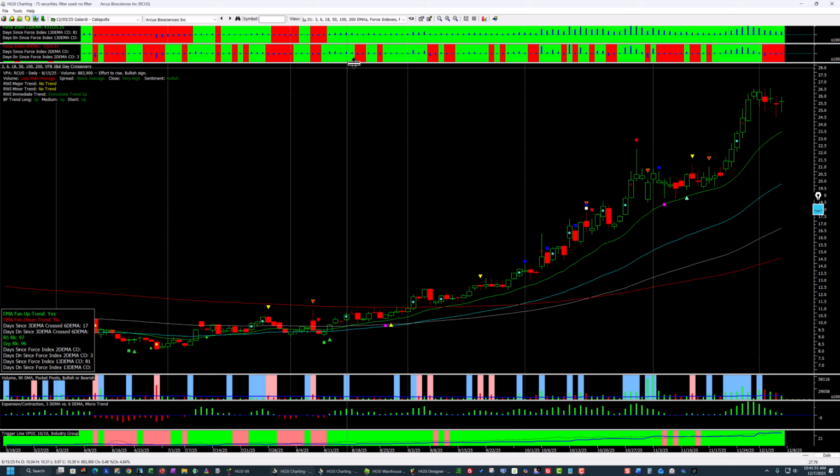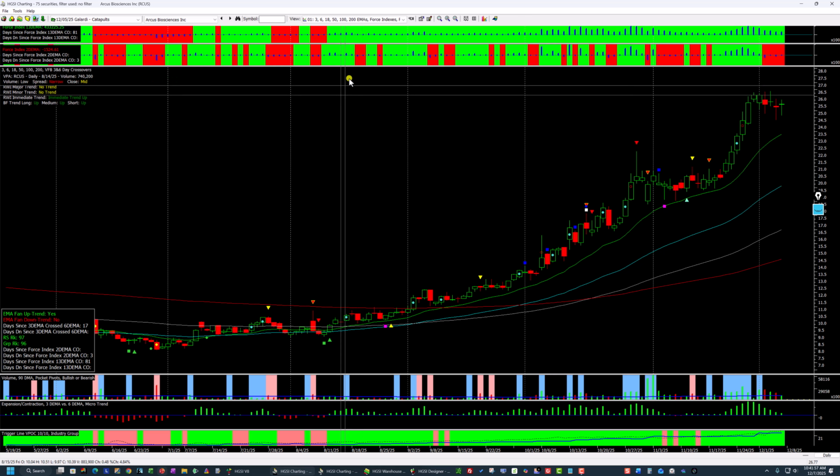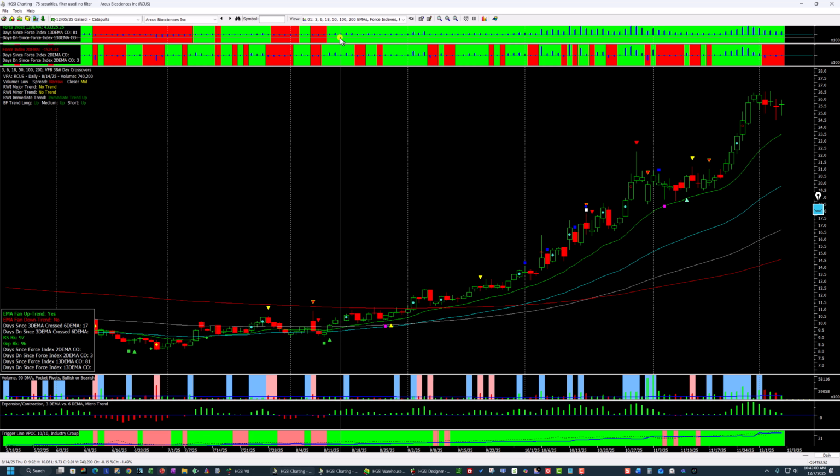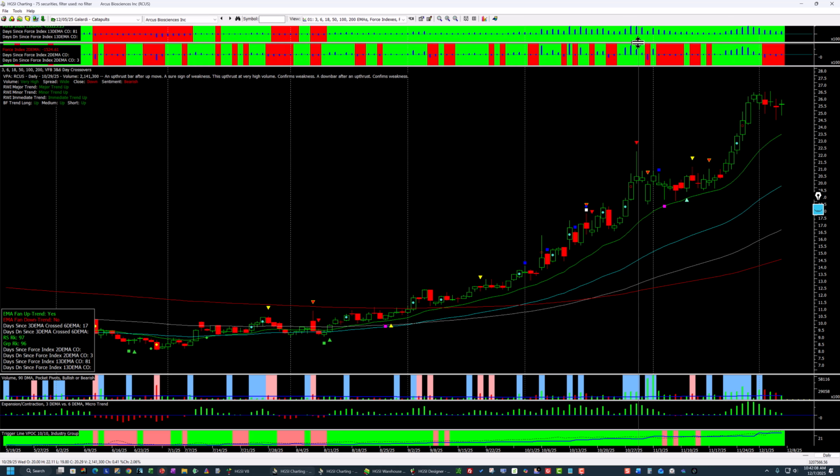Now, where does the name Catapult come from? How did David get that? Well, what he's looking for is the 13 to be positive. And look at the histogram up here as volume was coming in. What he's looking for is a positive 13-day and a pullback in the 2-day force index. If you look down here, you can see that it is moving up, but the 13 has stayed positive, but here is a pullback, and the catapult would be when this turns green again on the 2,